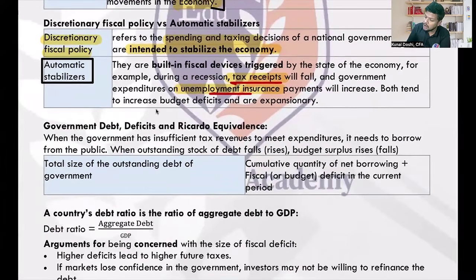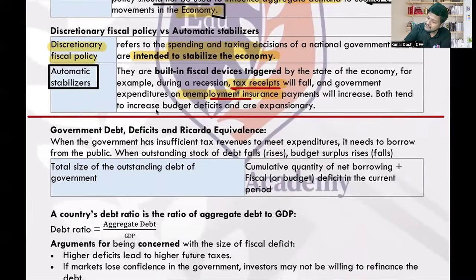Now, do you think most of the economies in the world have a fiscal surplus or a fiscal deficit? By the way, when I say fiscal deficit, what is the meaning of fiscal deficit? It means my spending is more than my taxes, or my revenue or income is less than my cost. So if the spending is more than the taxes, then the budget is at deficit. Everyone understands this? So when the budget is at deficit, for example, when your salary is less than your spending, what will we do? Well, we'll go for borrowing.